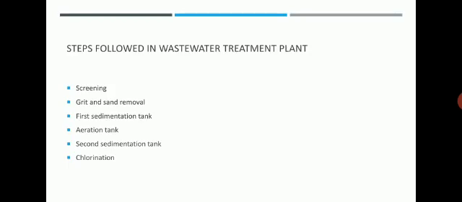After it, the top layer of treated water has very low organic and suspended matter and is free from most of the harmful and toxic substances, so now it is safe to discharge into water bodies. But before discharging, chlorination is done so that if there are some unwanted bacteria present, they may be killed. After the chlorination, water is discharged into a river or the ground. In this way, the wastewater is treated and again mixed in the water bodies.